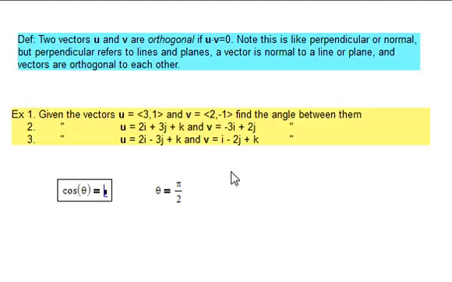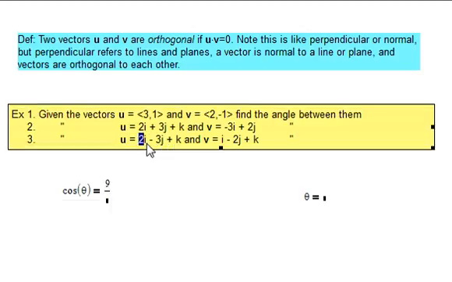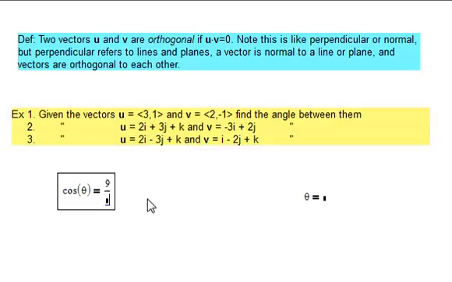Okay, a third problem here. Let's start off with a clean slate. Third problem, cosine of theta is the dot product of these two vectors. In our third problem, that would be 2 times 1 plus negative 3 times negative 2. So that's positive 6 plus 2 is 8 plus 1, 9. Dot product is 9. And that would be divided by the length of this vector, which is, hey, we just did that one, the square root of 14, right? We did one similar. So square root of 14